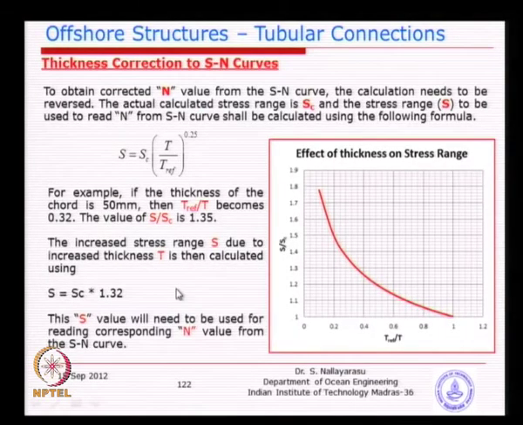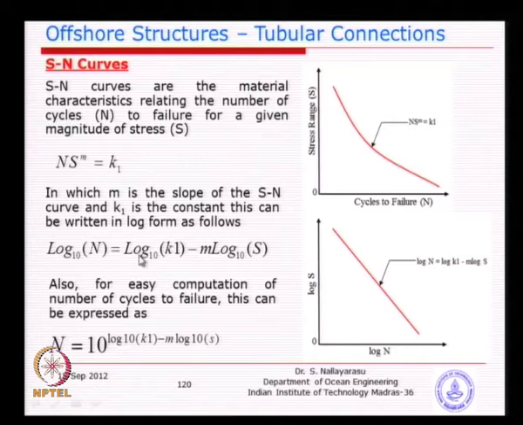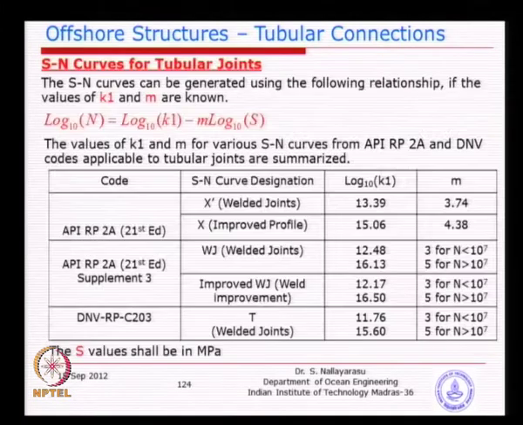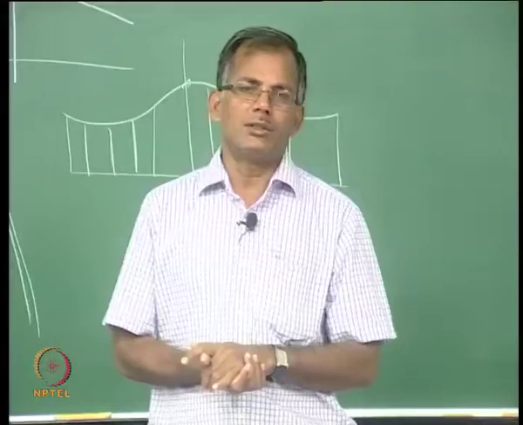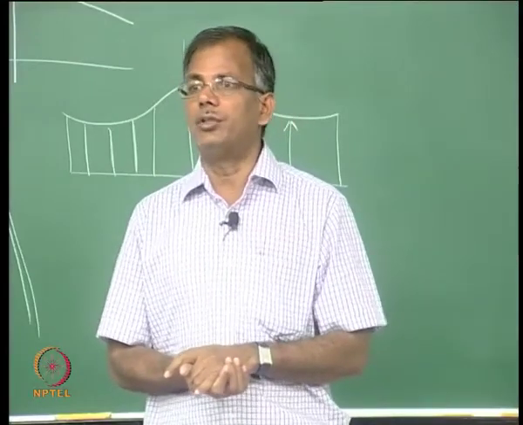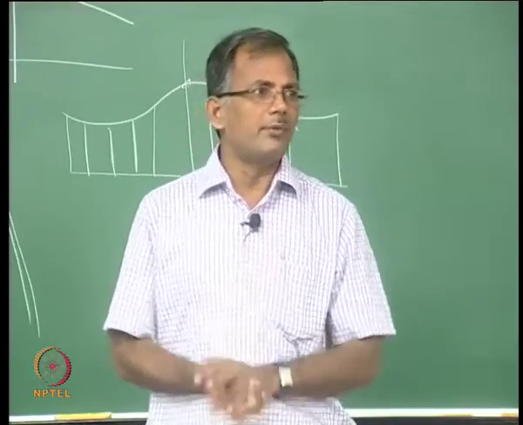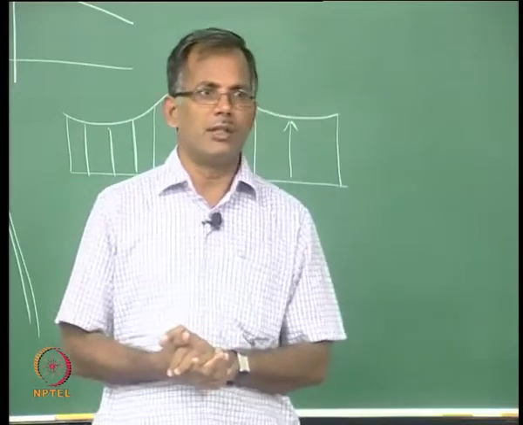A generic equation like this will be given, or you can convert that yourself into typically just anti-lock. So, the purpose of the SN curve has to be clearly understood: it is to get the relationship between the stress range and the cycles to failure, and different types of joint have different types of SN curve.